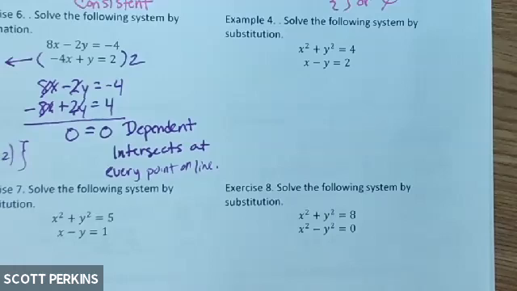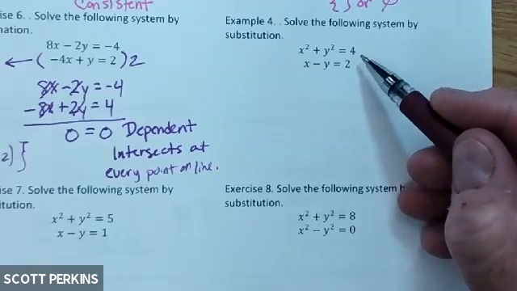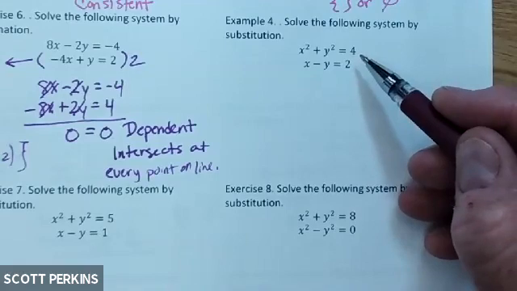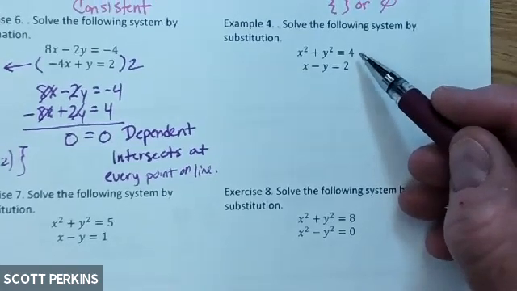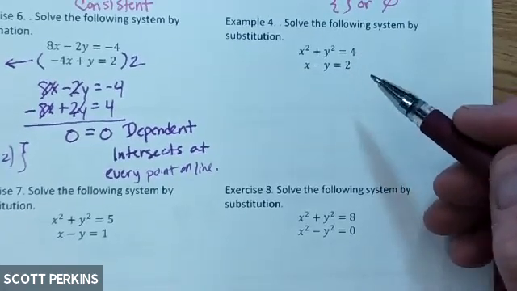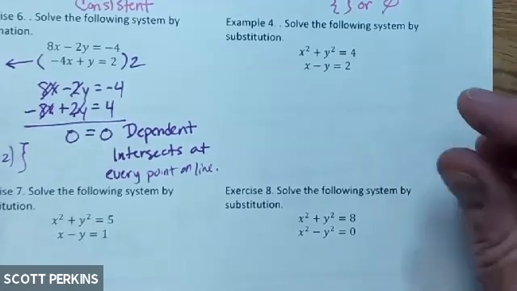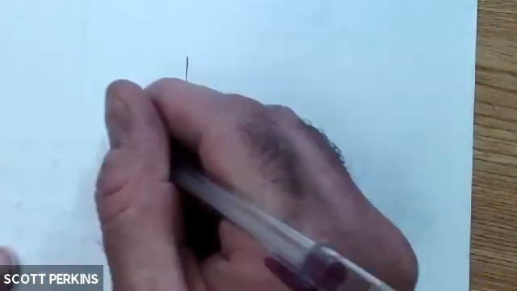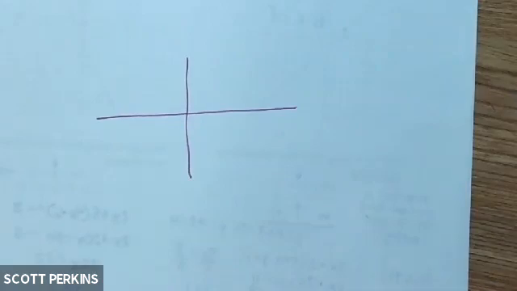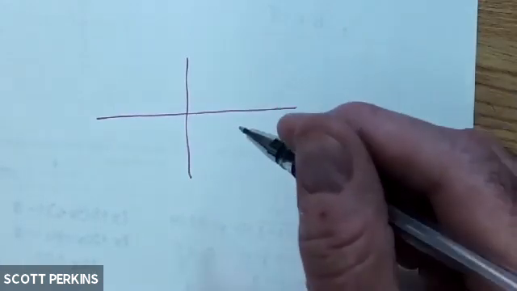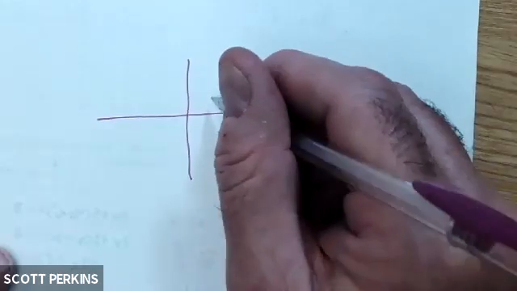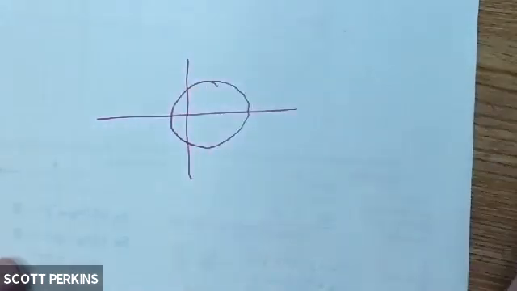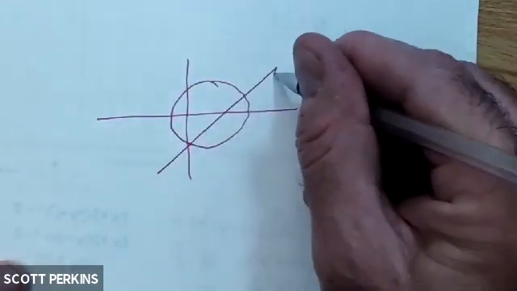For instance, in example 4, which I'm going to do with you, this top equation is a circle. We're going to learn more about circles when we come back on Wednesday. This is a circle and then a line. Now, if we're thinking about the picture of a circle and a line, I don't want to mess up my front here, so let me just go over on the back real quick. You don't have to do this. I'm just trying to give you a little illustration. I'm not saying that this circle and this line are what we have there, but I just want to show you the potential. If I have a circle and then a line goes through it,